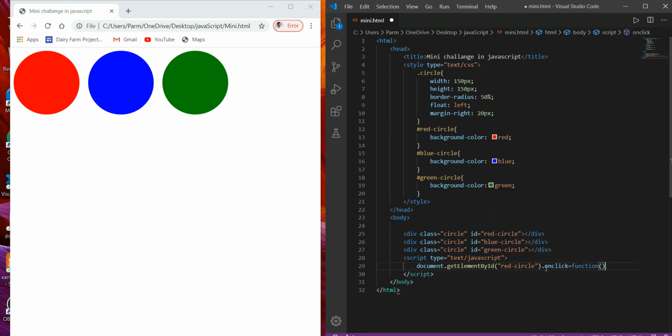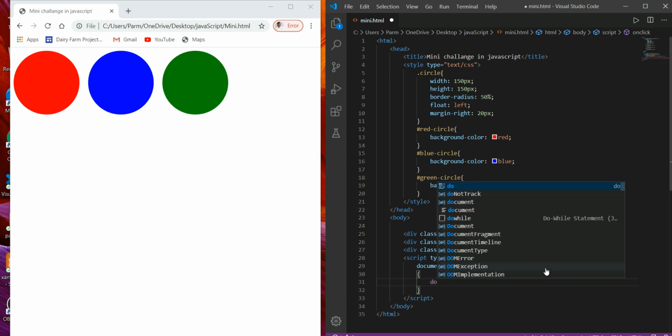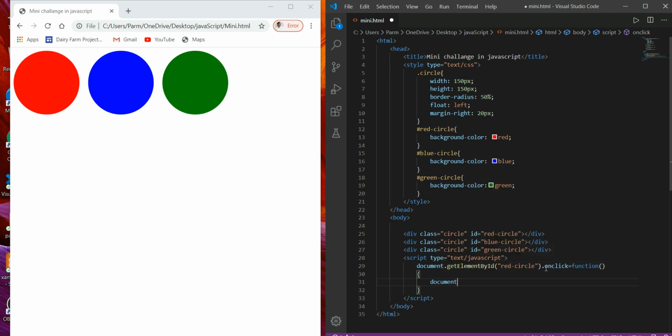The function is created using this, and then we write the body of the function within the curly brackets. Here again we have to access that element within the document. So write document.getElementById, and here again the id is red circle.